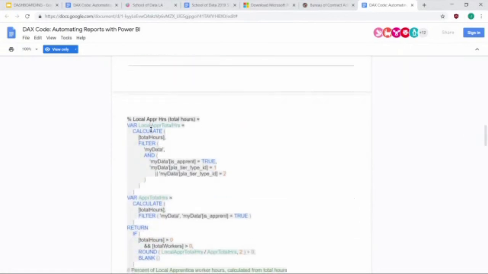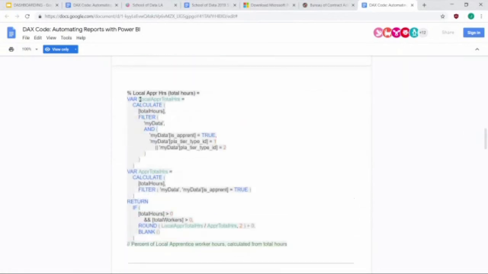We're still using a variable. I'm calling it local apprentice total hours. A little bit wordy, but I wanted to be more specific. So we're using the calculate function where we're calculating the total hours measure from before. And instead of just saying I want to filter by PLA tier type ID 1s and 2s, we're looking at